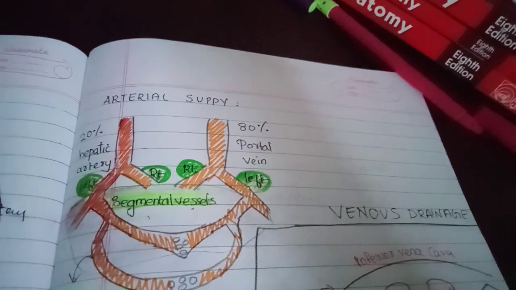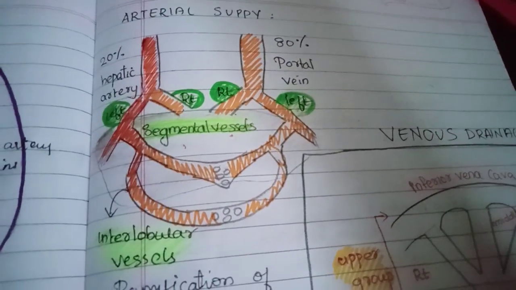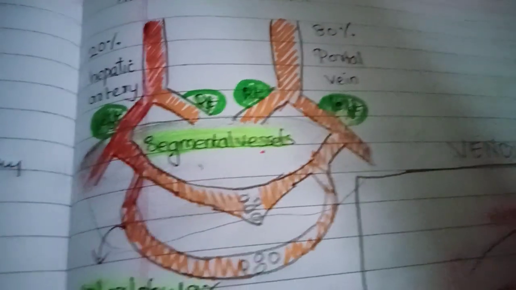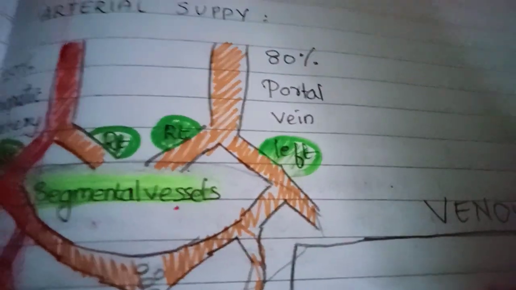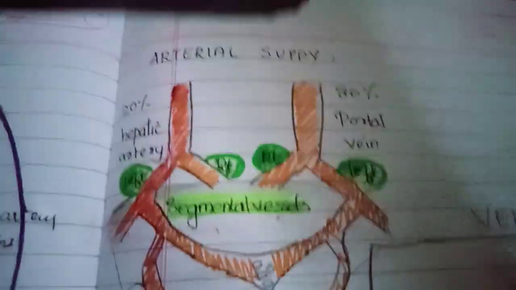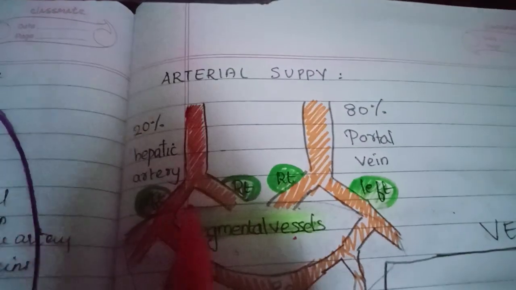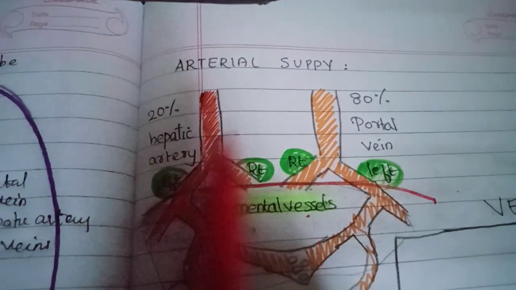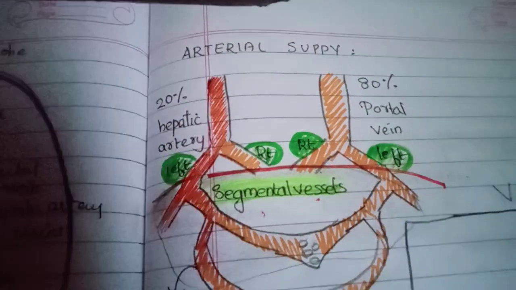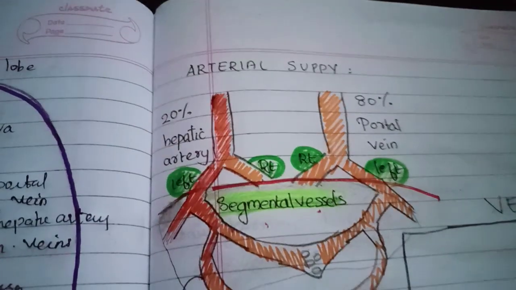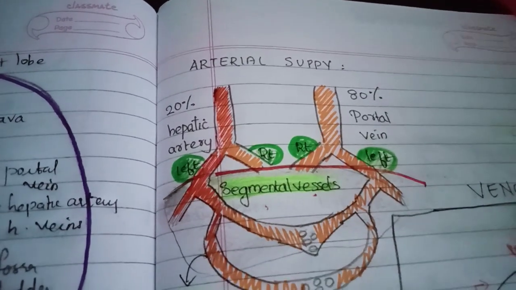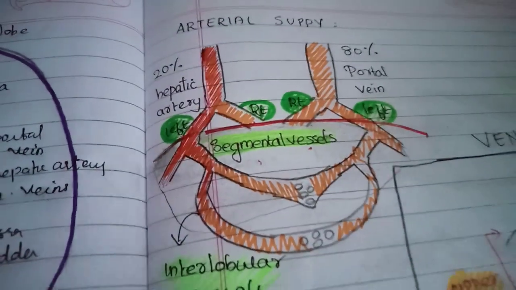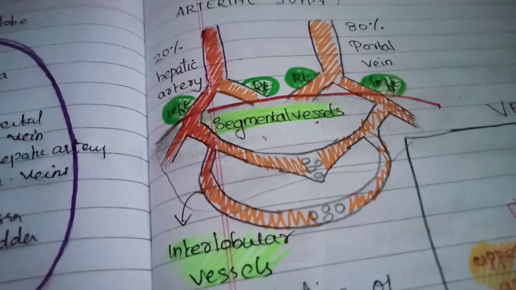By looking at this picture, we can clearly define the arterial supply of the liver. The liver receives 20% by the hepatic artery and 80% by the portal vein. Before entering the liver, the hepatic artery as well as the portal vein is divided into right and left. After entering the liver, it is further divided into segmental veins, then into interlobular veins, then its